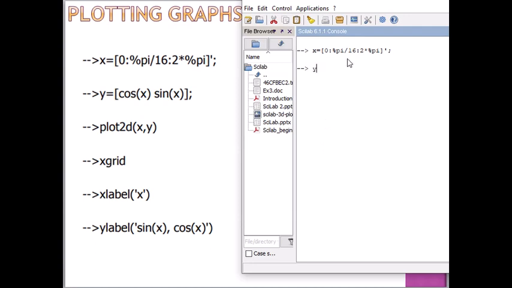Then we write y value, y is equal to cos of x, right, and sine of x, right, and plot2d x y. Plot2d x y.